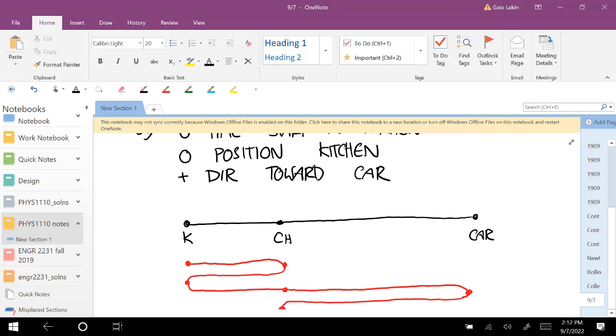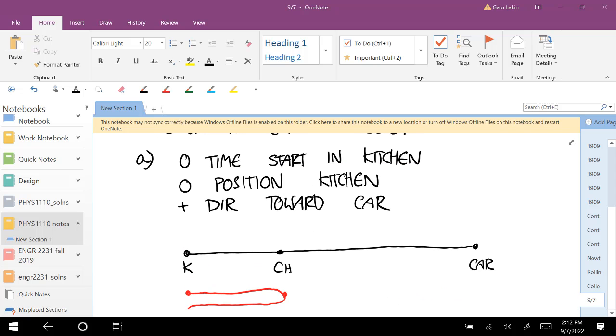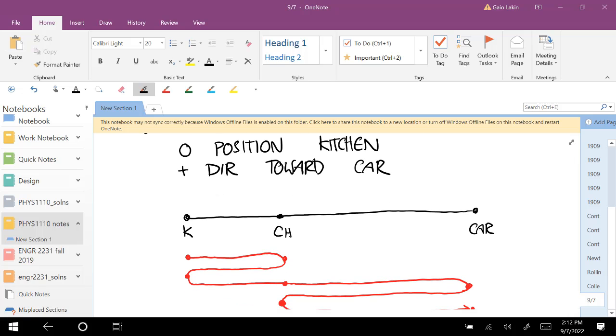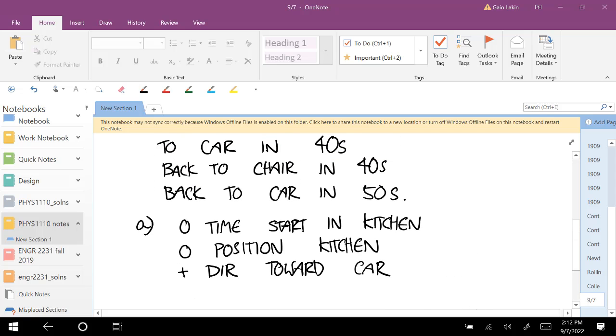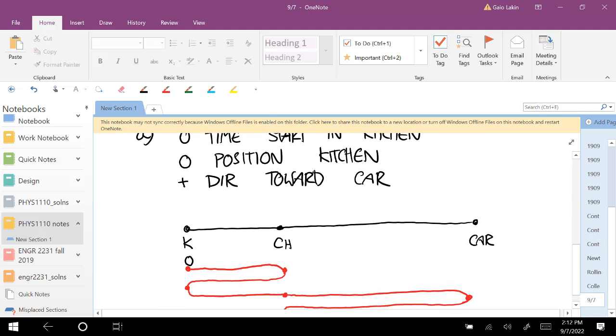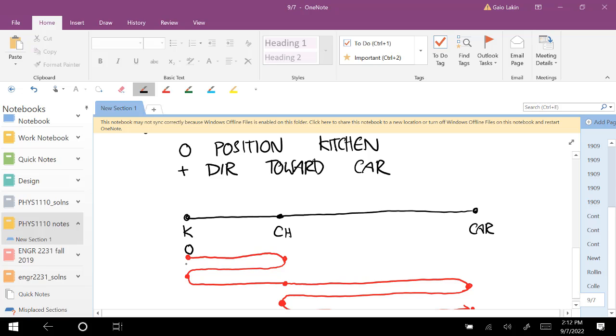Now that we have this motion labeled, we can go through and put numerical positions on the different locations and assign numerical times to the different instants that are happening. So it says 0 time is when you start in the kitchen. So that means that this instant here is at 0 time. From 0 time, it takes 10 seconds to get to the chair. So if it takes 10 seconds and you start at 0,